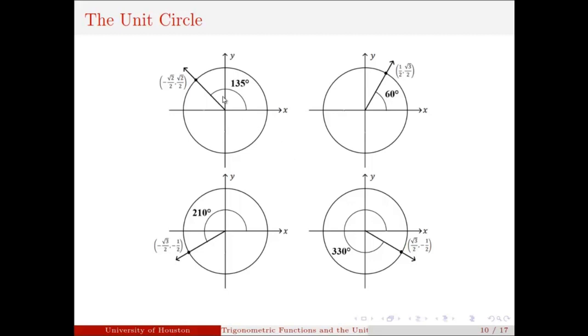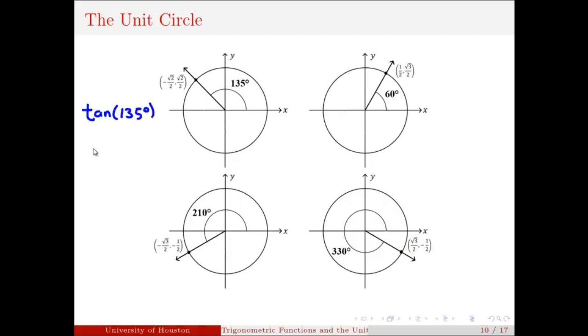For a given angle, we find the corresponding point x, y on the unit circle and compute the trigonometric ratios using these coordinates. For example, the angle 135 degrees corresponds to the point minus square root of 2 over 2, square root of 2 over 2. Therefore, the tangent of 135 degrees